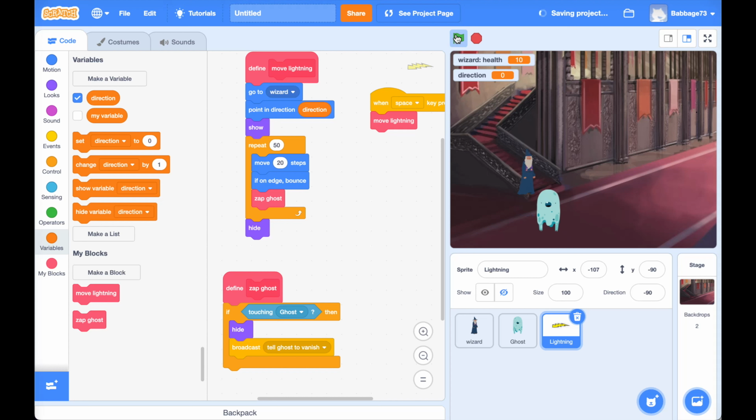So he's going up. I'm going to hit space. And it goes up. The wizard's going right. Press space. Oops. Press space. And it goes to the right. The wizard's facing left. Hit space, and it goes left. Now, I still feel like the lightning's moving a bit slow, so I'm going to up